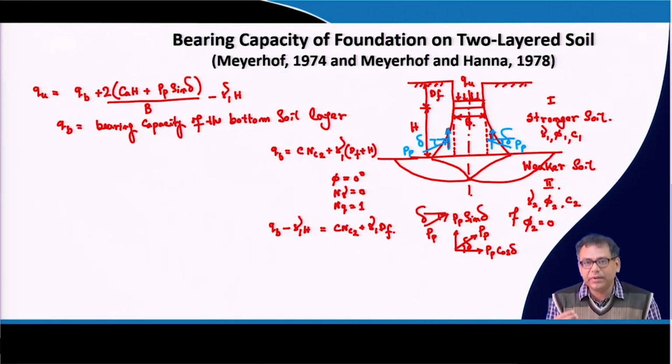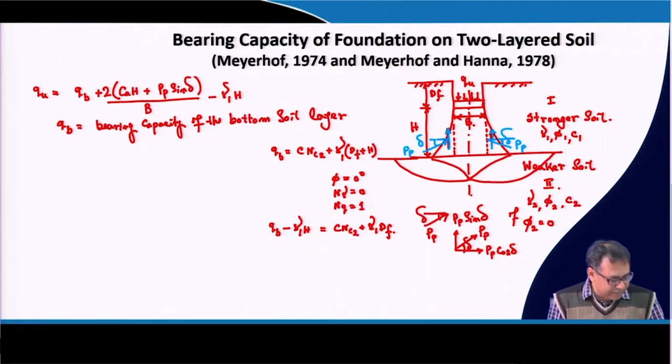Because during the Qb calculation, if we take the contribution of the Df and the h as a surcharge, but the h portion contribution has already been taken during the shear resistance calculation, then it is recommended to neglect that contribution during the Qb calculation. Or it can be subtracted directly in the basic equation. In such case, we have to consider both H and Df for the Qb calculation. So, now if I